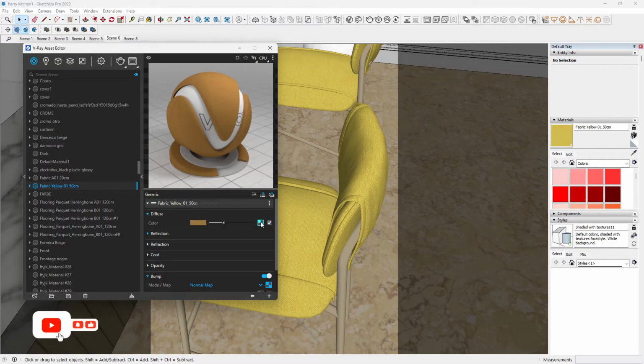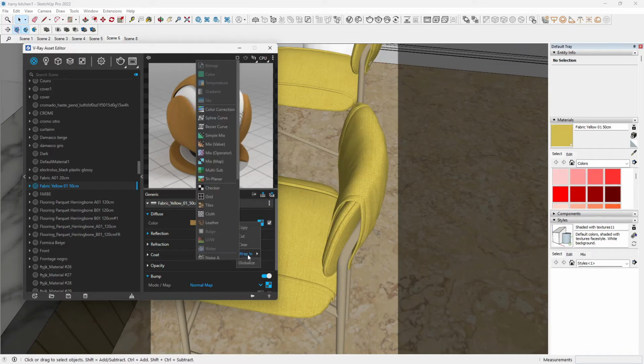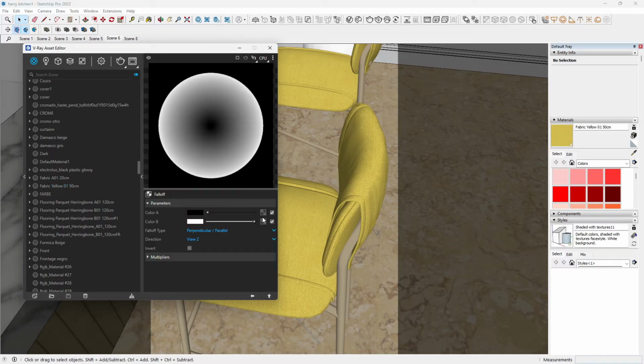Then let's go again to our texture slot and right click again. We want to wrap it again with a fall-off effect. So let's just click on fall-off, and by default it brings the color correction into the color A. Now the fall-off has 2 layers, that is color A and color B mixed together in the fall-off type. Here you can select the fall-off type that you want, but I strongly recommend that you use perpendicular parallel for our fabric material. So as you can see,